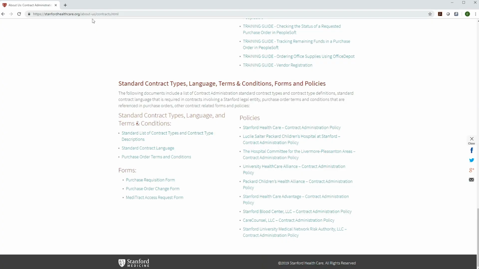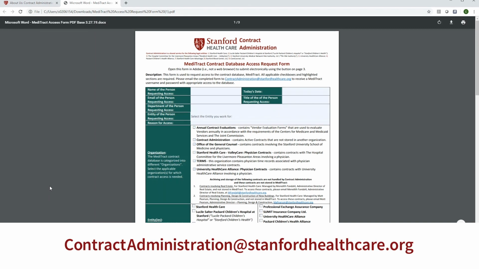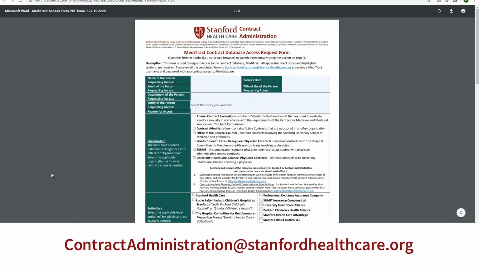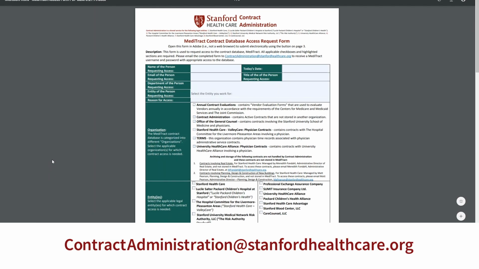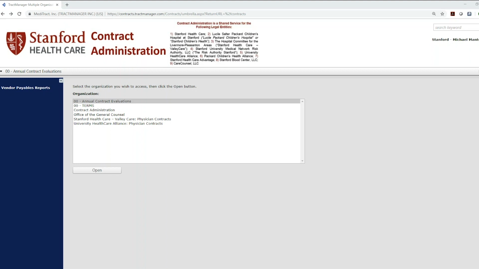To create a username and password for the contract database, complete a contract database access request form on the Contract Administration website. Contact us anytime at contractadministration@stanfordhealthcare.org for any assistance. The Contract Administration Contract Database gives you multiple easy options to quickly search for contracts within